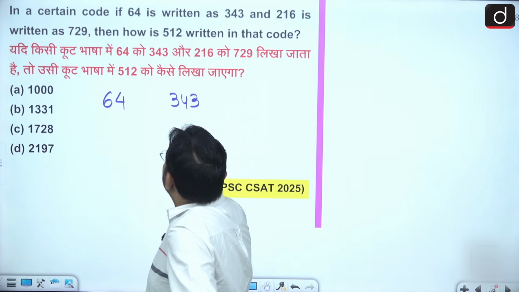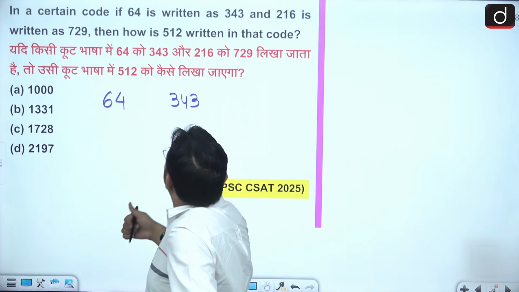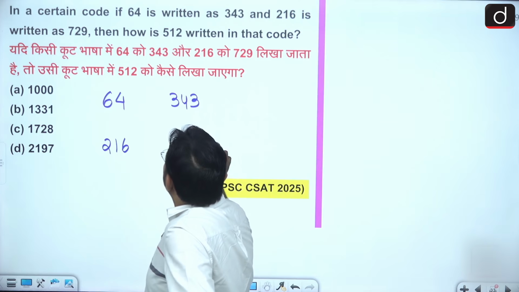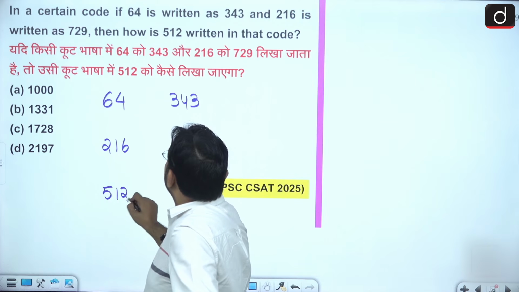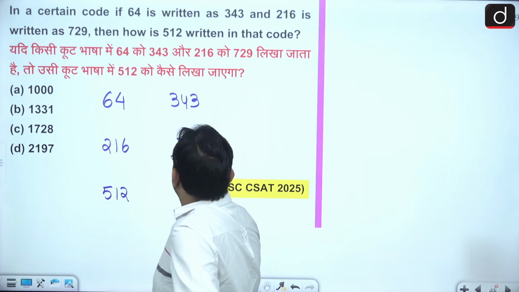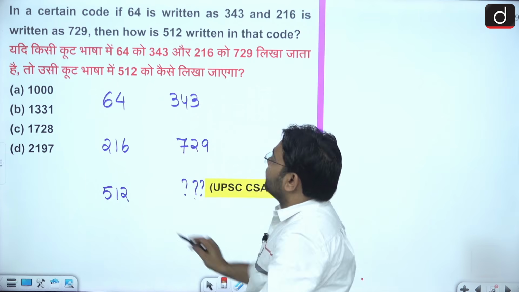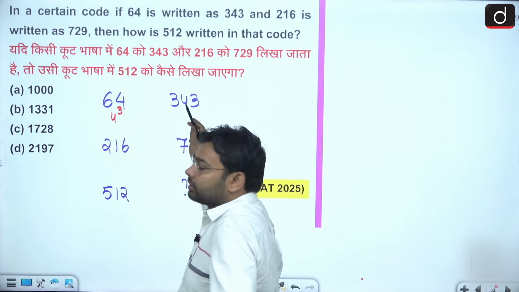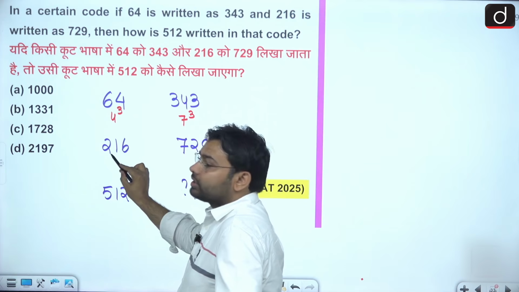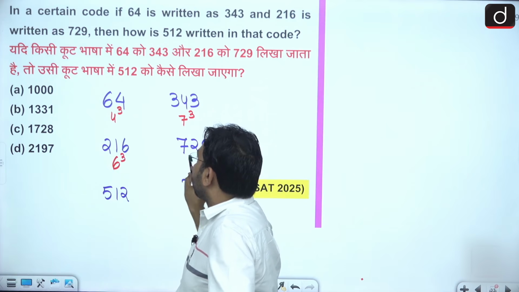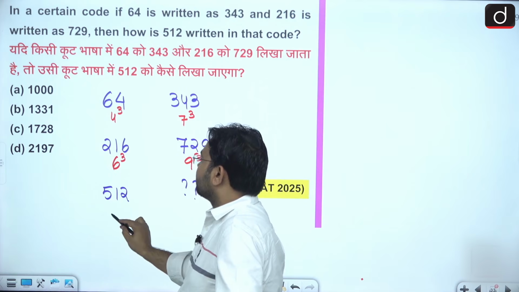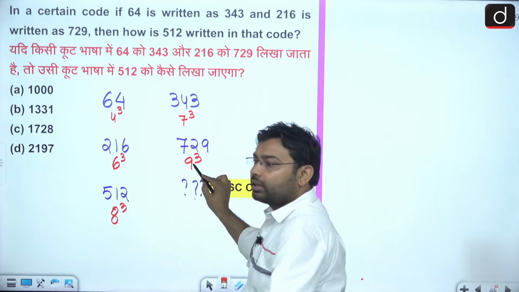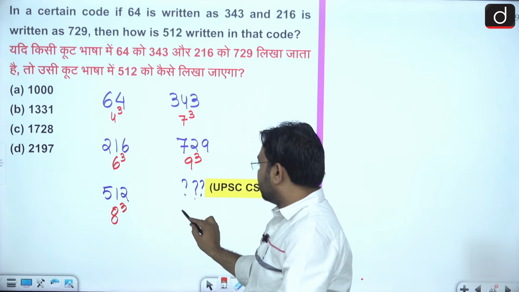343 and 216 are written as 729. So then how is 512 written in that code? Focus. This is 4 cube and this is 7 cube. This is 6 cube, 9 cube. This is 4 plus 3, 7, 6 plus 3, 9. So 8 plus 3, 11 cube is